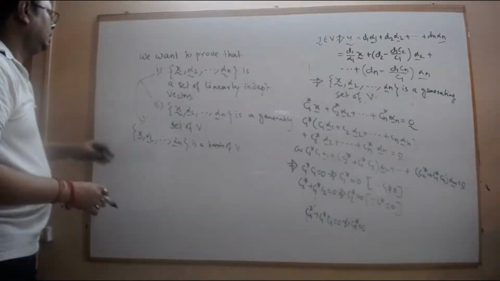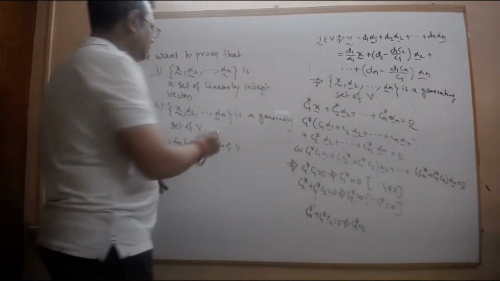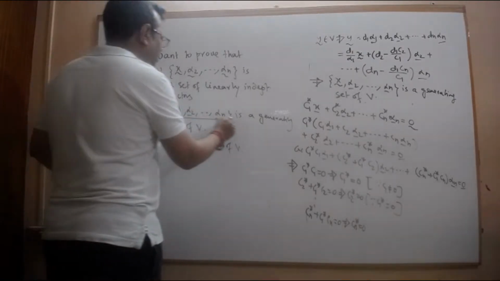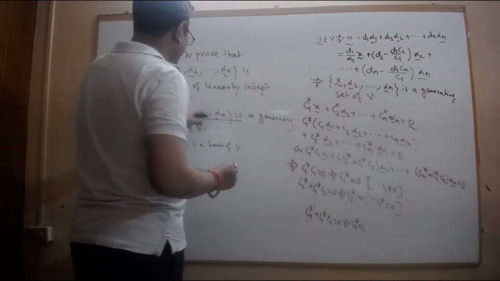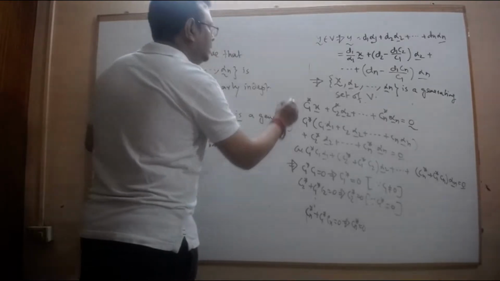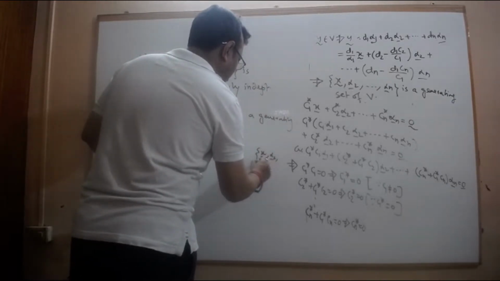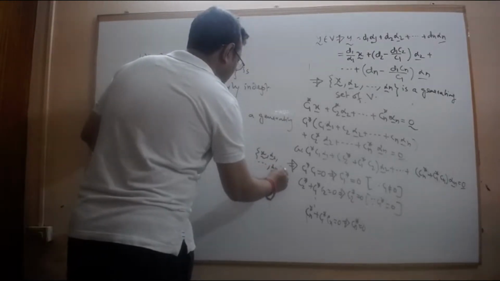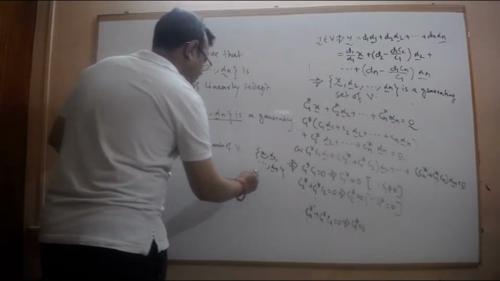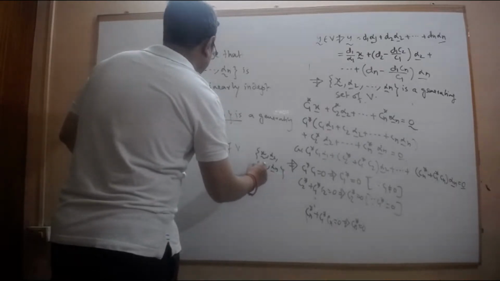Hence, x, alpha 2, to alpha n is a set of